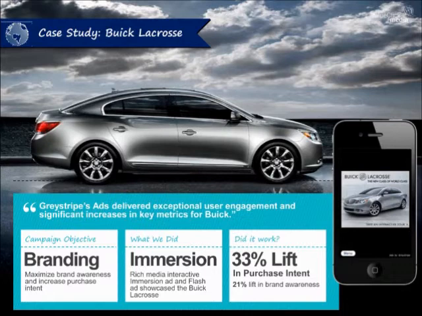This data was collected through ComScore. So this is third-party verified data. This isn't Greystripe data. And the one other stat I'd like to close this slide with is the immersion ad